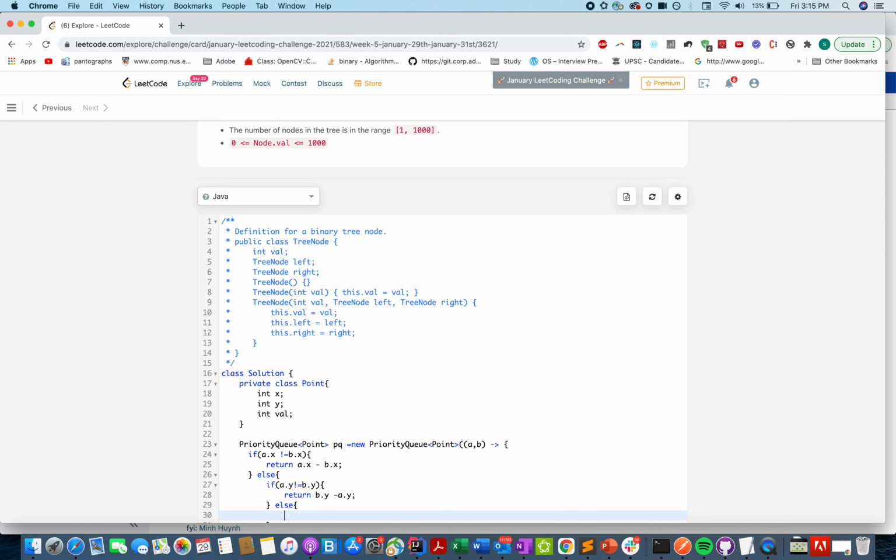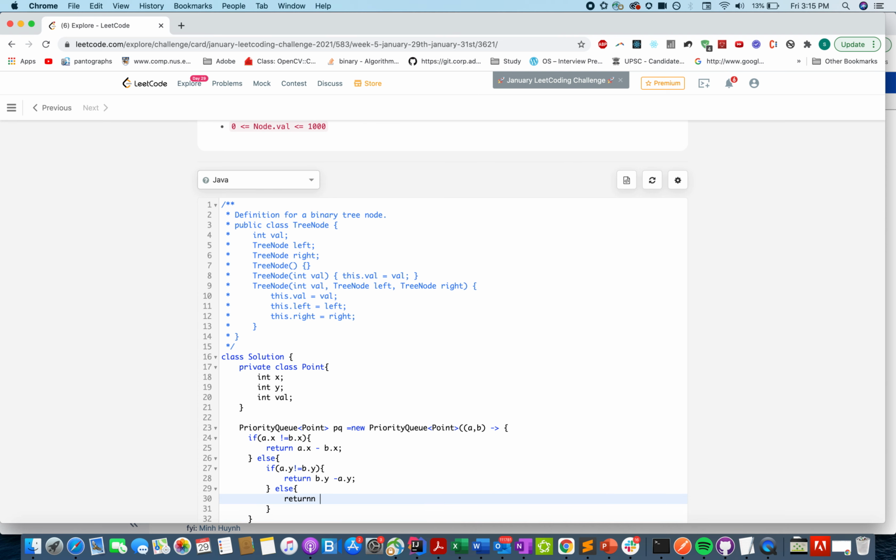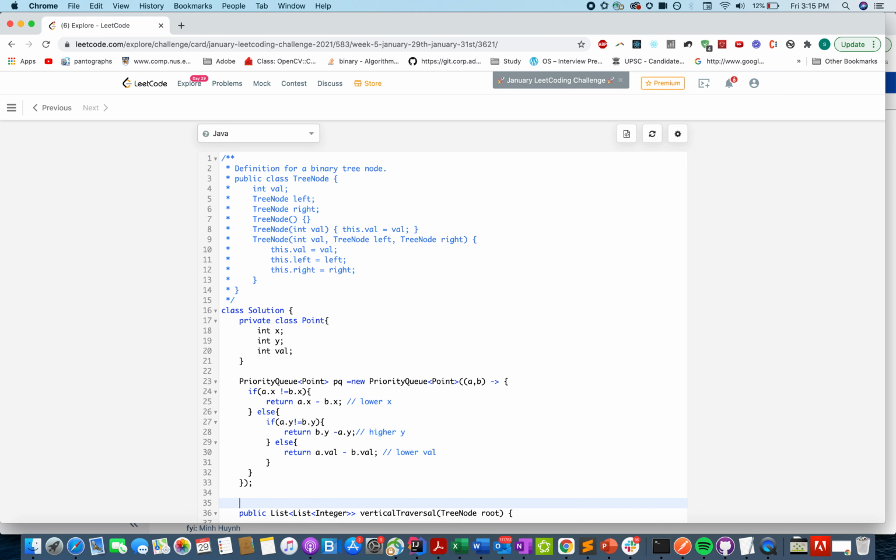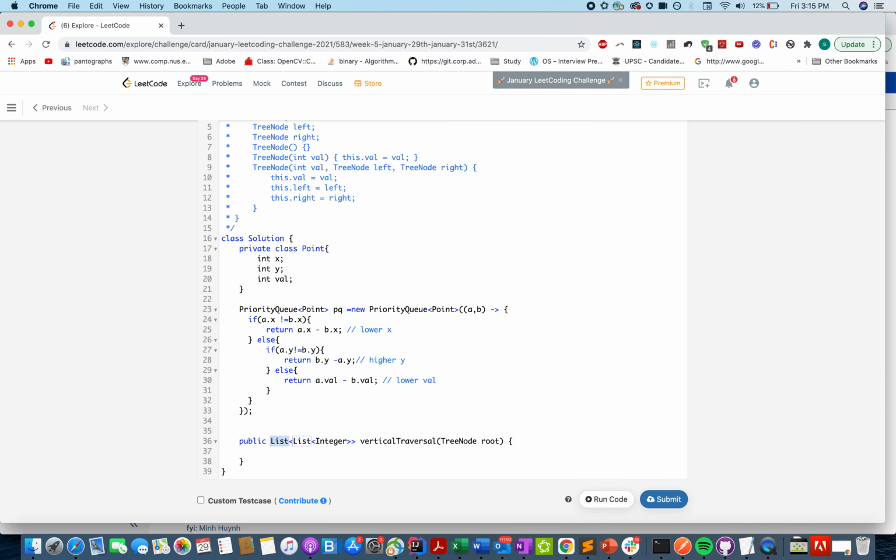Otherwise, return the one which has the lower value. So this is lower x, higher y, and lower value. So far we are good.